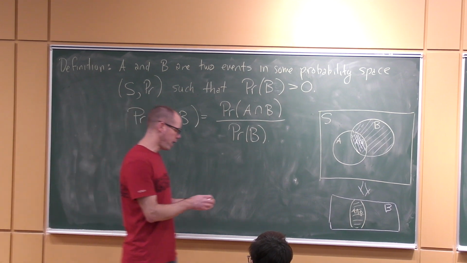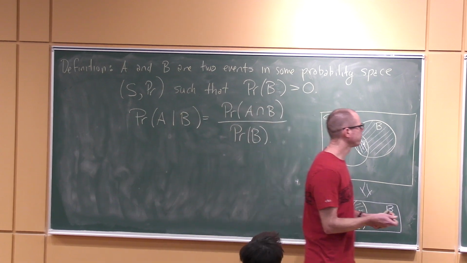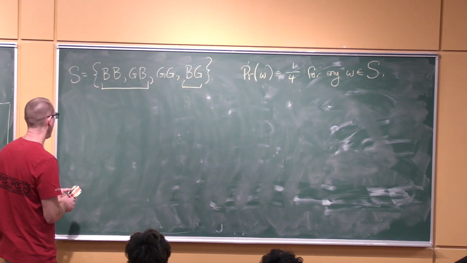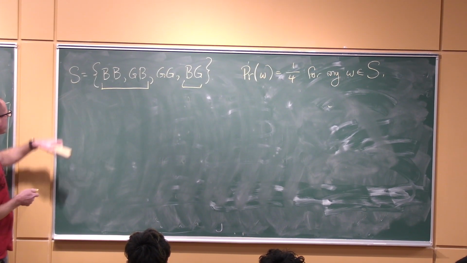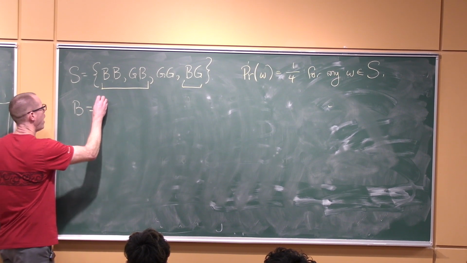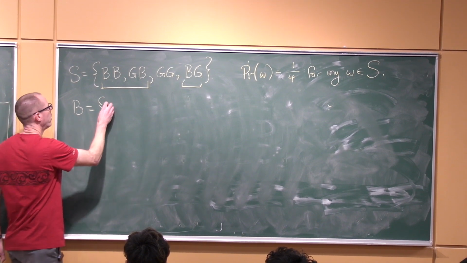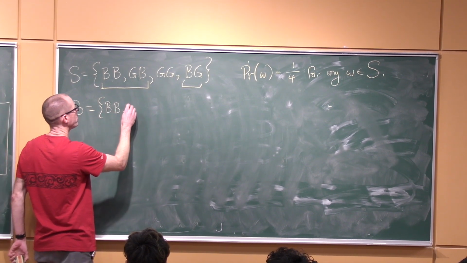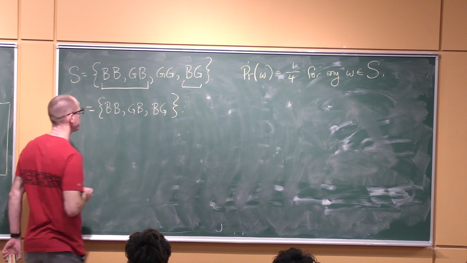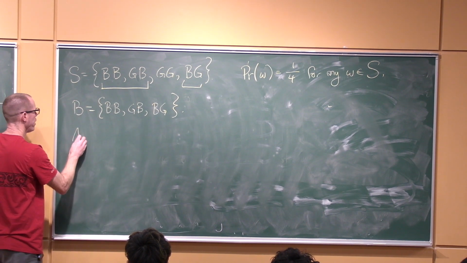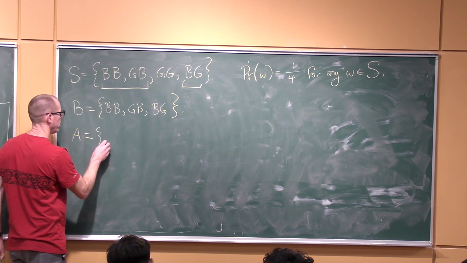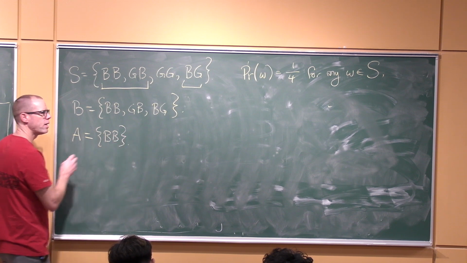So let's try and use that over here. In this question about Anil's children, there's our set S. Our set B, where we said Anil has at least one boy, restricts it down to this set. And our set A, which is what's the question, does Anil have two boys? That's this set.